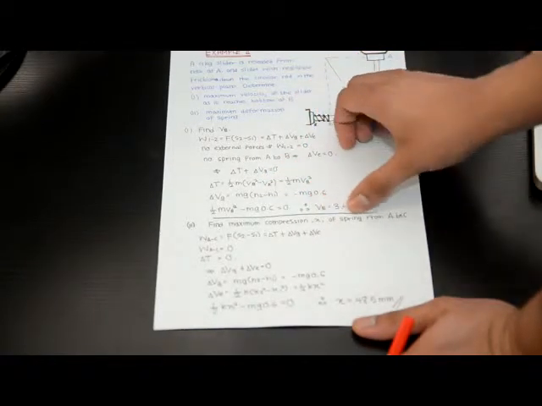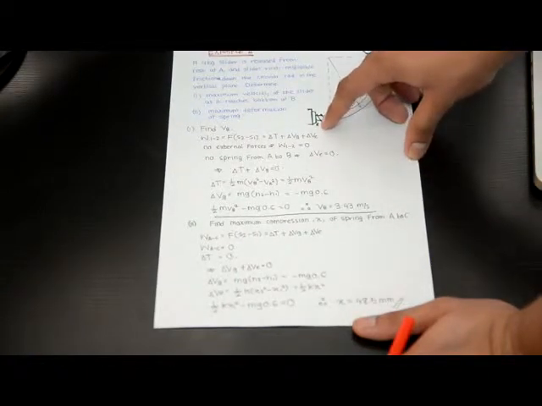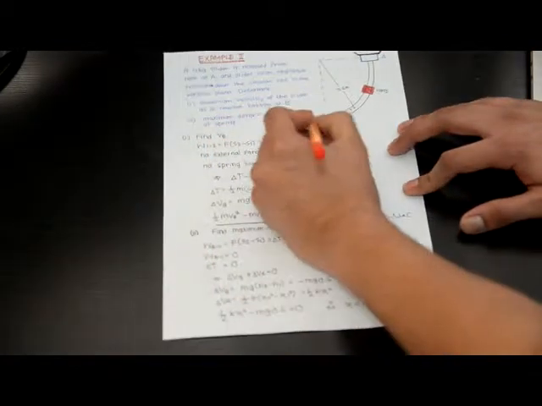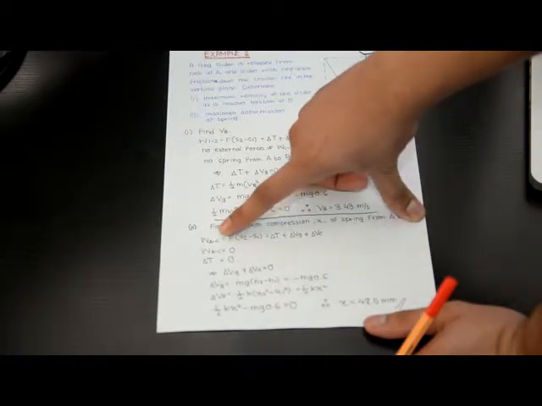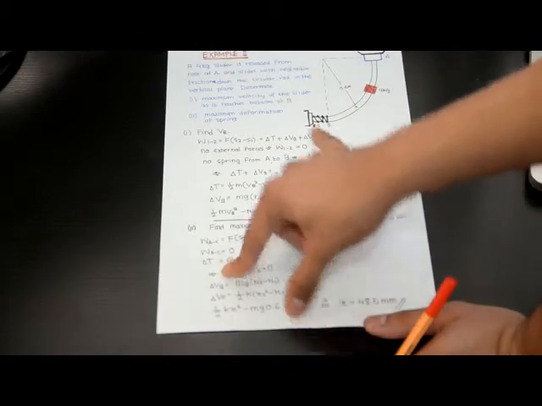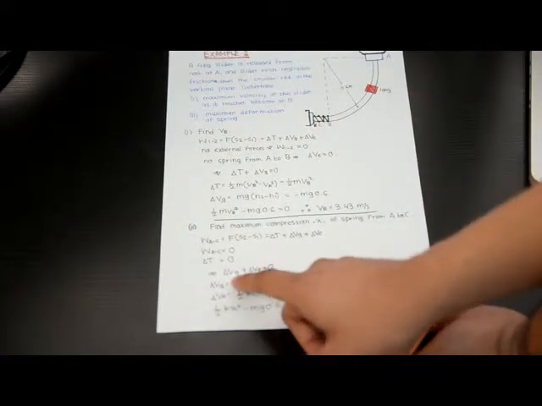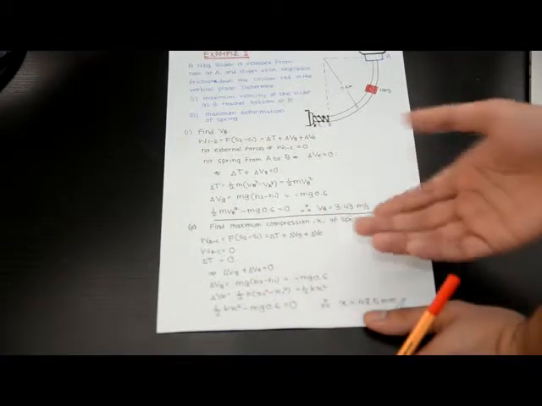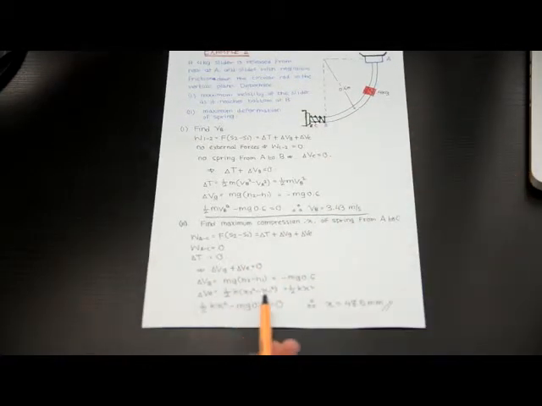Now to find the maximum compression x of the spring from position A to position C, which is the maximum deformation of the spring, let's just say that C is somewhere here. Alright. So now the work done from A to B is again 0, and delta T, the kinetic energy, is also 0. So the equation comes down to delta Vg, which is the potential energy, plus delta Ve, which is the elastic energy. We have the potential energy from the previous workings, and now we have the elastic potential energy, which is